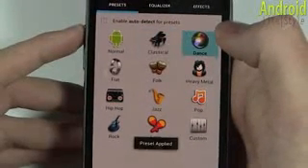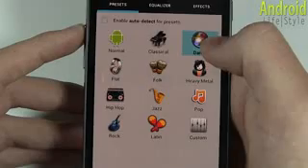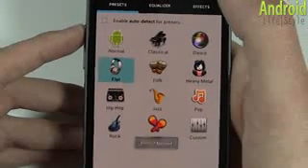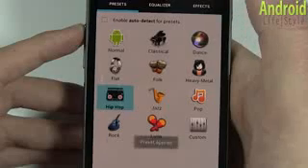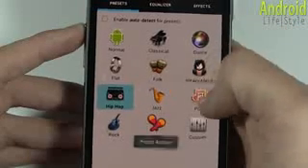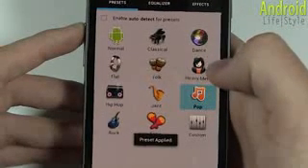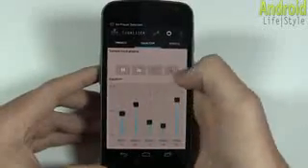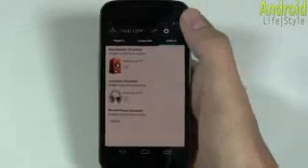Well, see, the bass there seems to be a little thicker. That is very flat. Oh, pop really throws it for a loop now, doesn't it? And you can play around, set your own. I mean, I'm not going to get too into it because the effect actually isn't very noticeable, but pick this